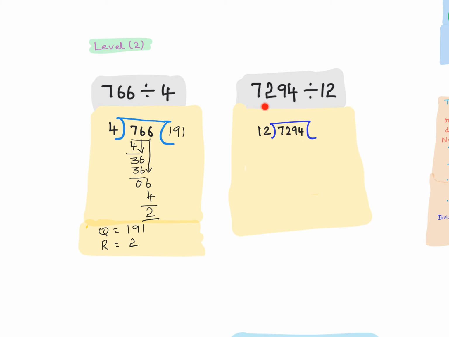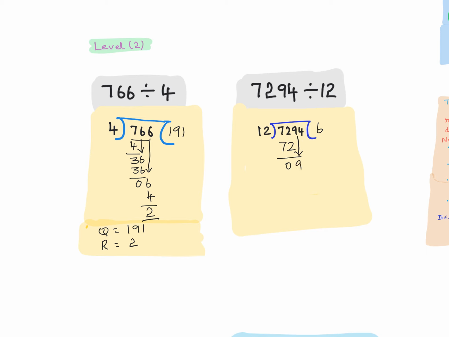In next problem, 7294 is the dividend, 12 is the divisor. How can we solve? We will see here. Dividend 7294, divisor 12. So how can we solve here? So in 12 tables, 12, 7 it will come here? No. So next two values we will take here. In 12 tables, 72 how many times we need to check here? 12, 6 are 72. So 72 minus 72 is 0. Next 9 we will take down here.